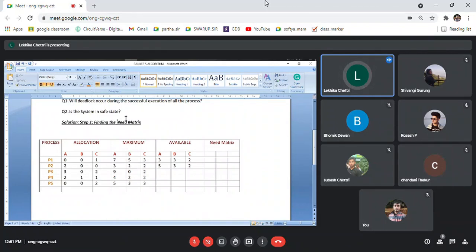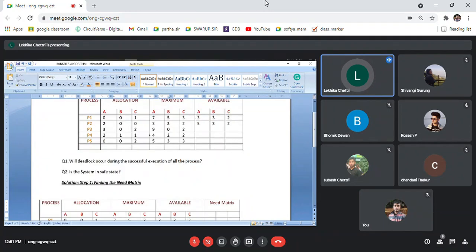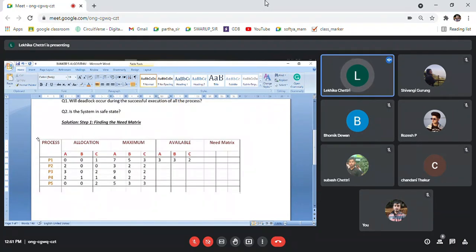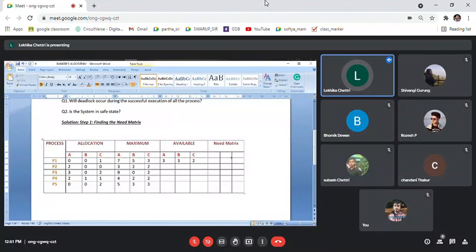Okay, so this is the question that was given. From this question, we have copied it again, and to find the need matrix, we have created a need matrix here. So how do we find the need matrix? Need matrix is simple. It tells that for P1 to complete, how much resources does it need now? इसको P1 को, टास्क को कंप्लीट करने के लिए इसको कितना चाहिए अभी. Okay, so let's see.